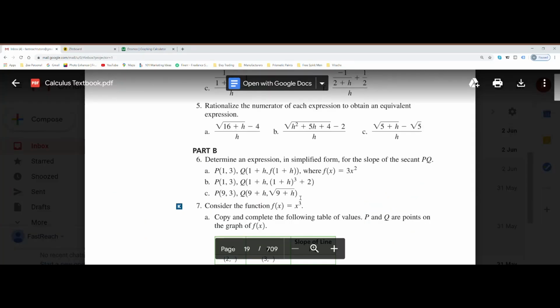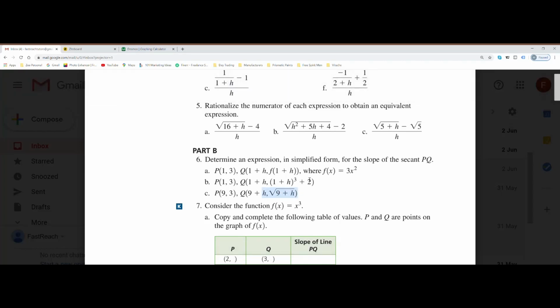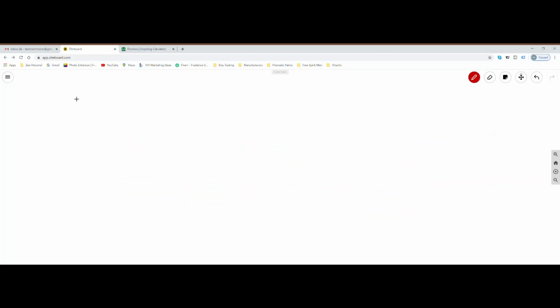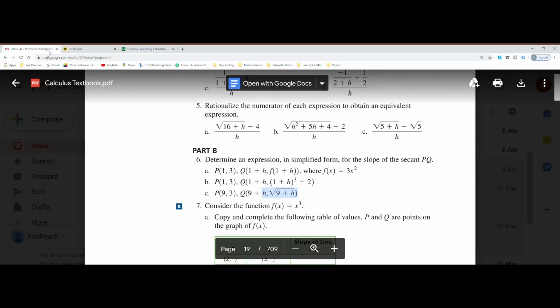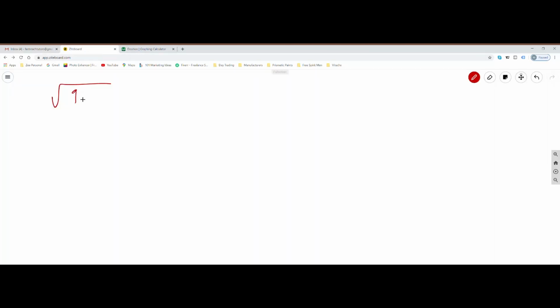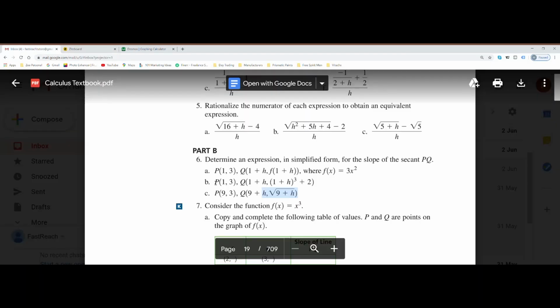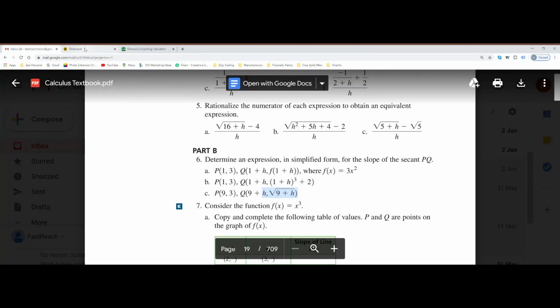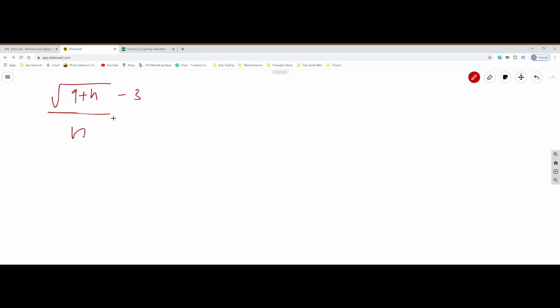Let's do the next one. So this is going to be one of the functions. Next function. So it's going to be minus whatever the y value is. So it's 3 and over h. So we're going to multiply by the conjugate, which is 9 plus